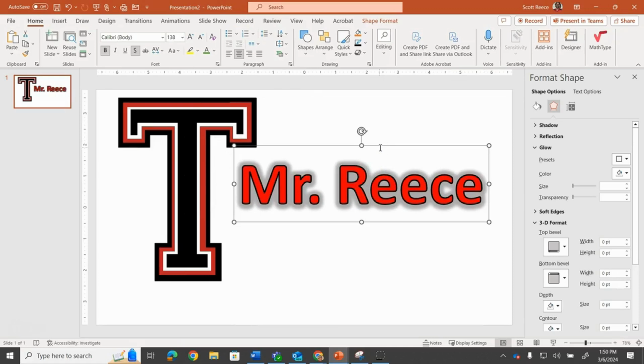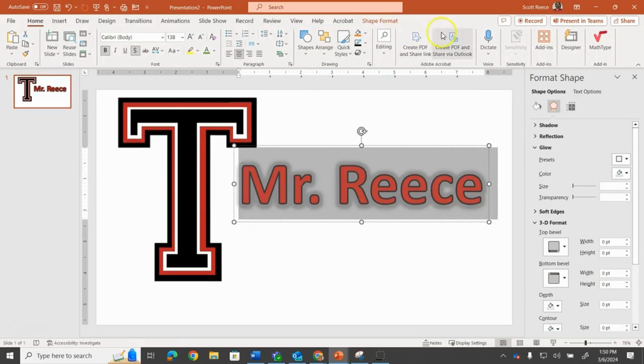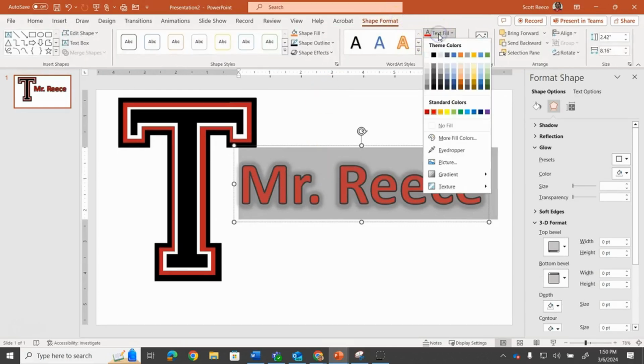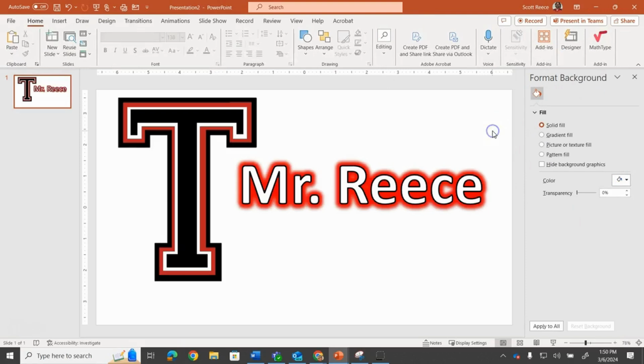Doesn't look exactly the same, but if I make it a white font with a black outline, and then I make that glow, I've got to go to Text Options, sorry. Make that glow a red color. It sort of gives me that second outline. It's not perfect,